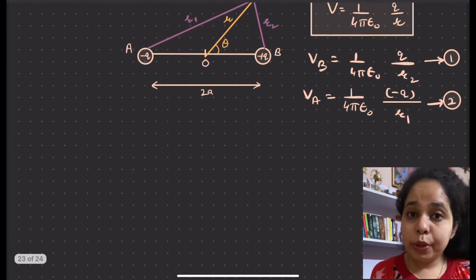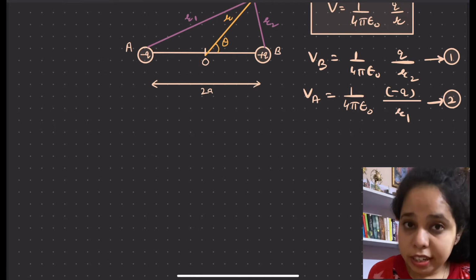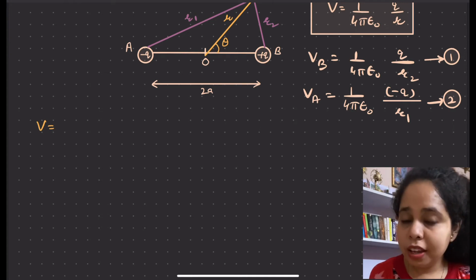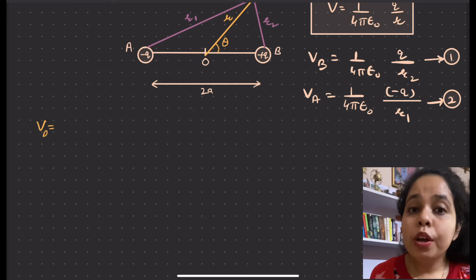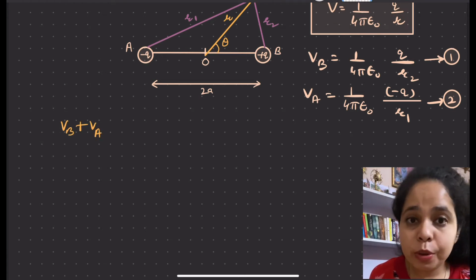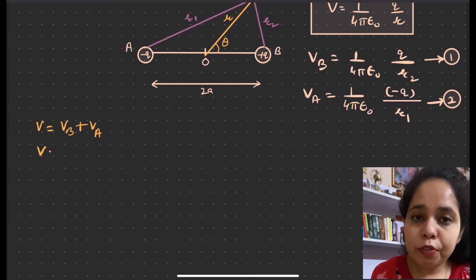As we are already aware that in order to find the potential, we just need to add up the potentials due to the various charges. So in this case, we will do the same. That is, the potential at point P, VP, is equal to VB plus VA. Therefore, substituting the values from equation number 1 and 2, we have